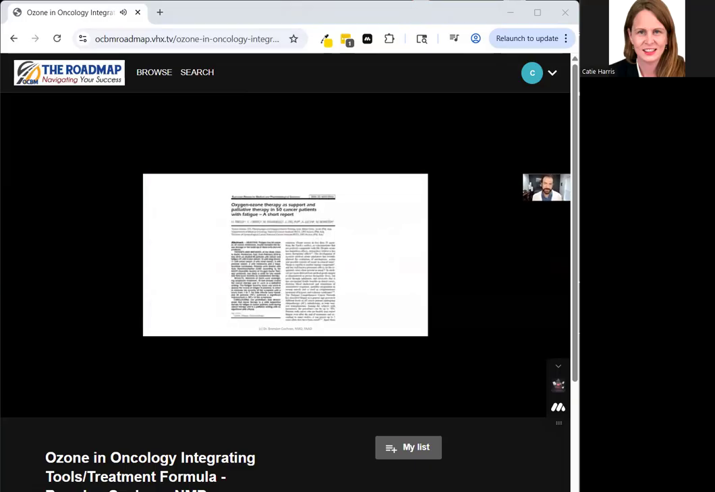So let's talk about ozone a little bit more. I know we did a whole section on that, but more oncology specific. So why would I use this tool in every single stage? Well, here's a paper talking about ozone being very, very helpful for patients with fatigue as a side effect during